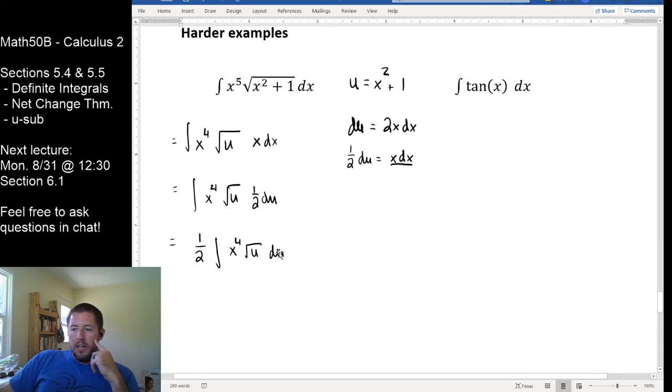So again, my goal over here is to say I got 2 of my 3 x parts to get into u land. I just need to get my third x part, the x to the fourth, into u land. So what I'm thinking here is, is there any way that I can use this information over here to rewrite x to the fourth in terms of this stuff? And I kind of see a way, and again, this isn't obvious, but